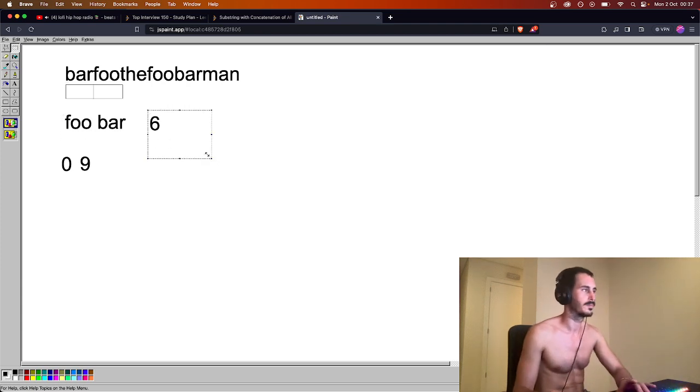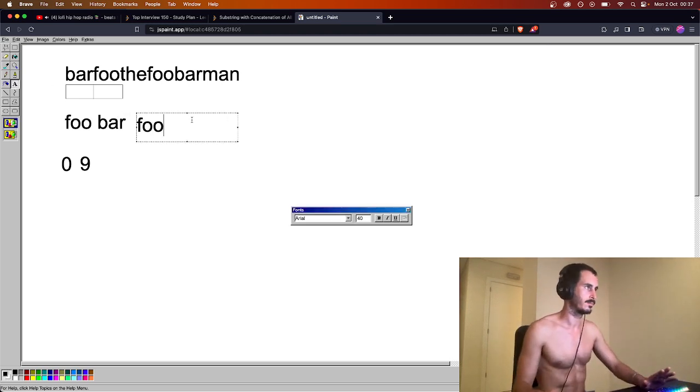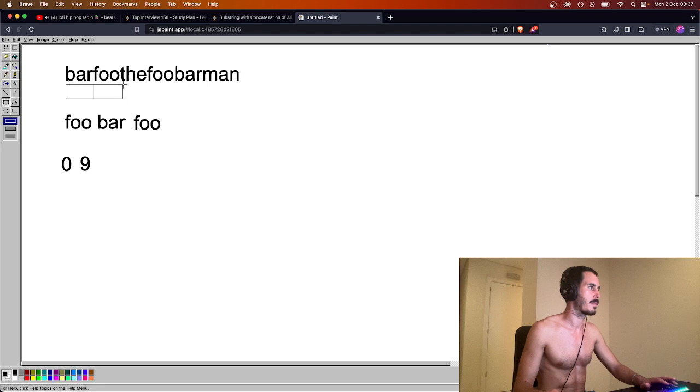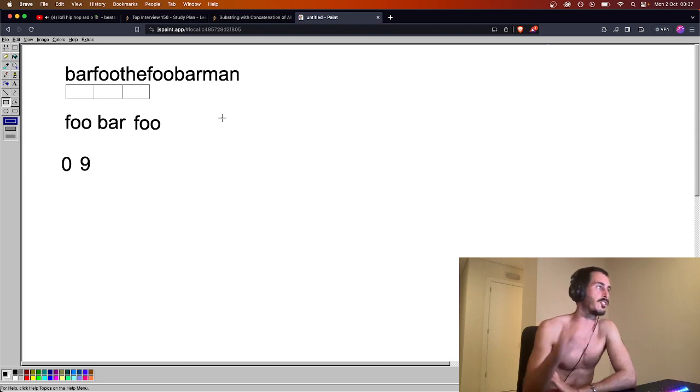However, let me just give another example. What if we had foo bar foo? Something like this. Then our window would be length 9. However, there's a problem here, and the problem is that we can't just check, oh, let me check if the first word is in this list, second one, third word. Why? Because let's imagine it was bar foo bar, something like